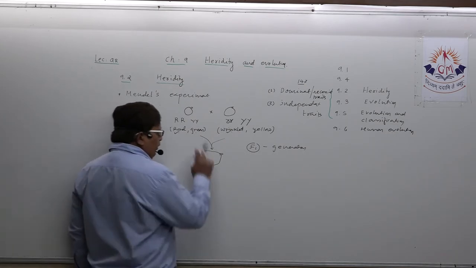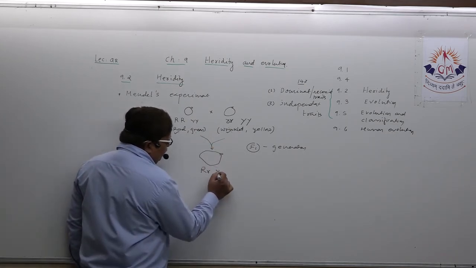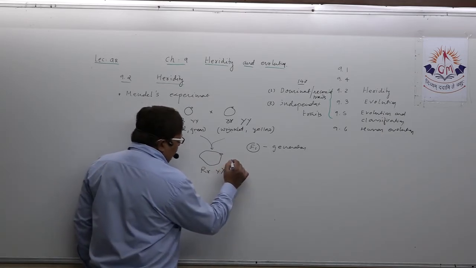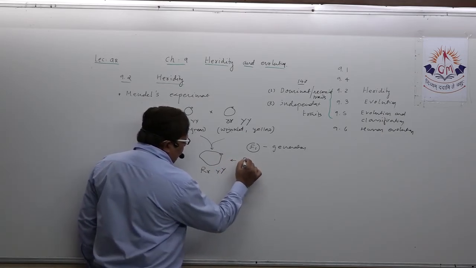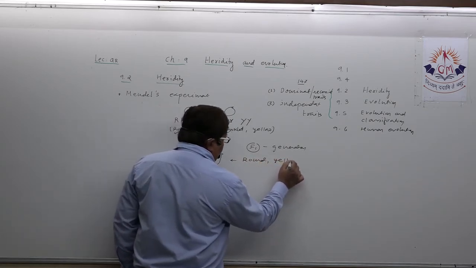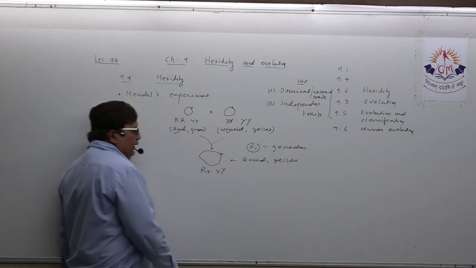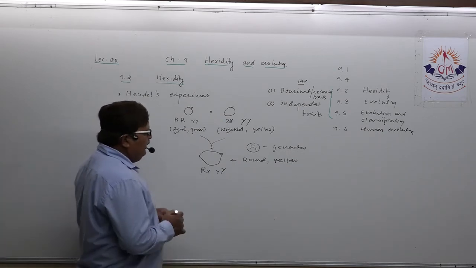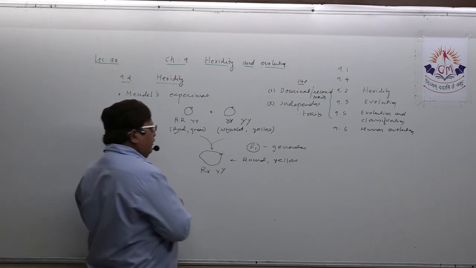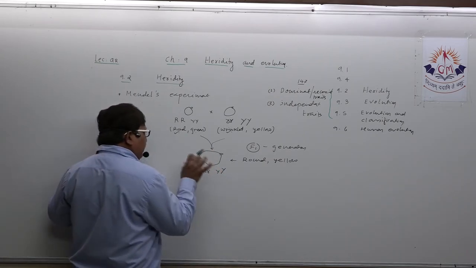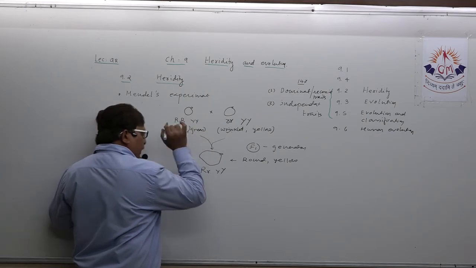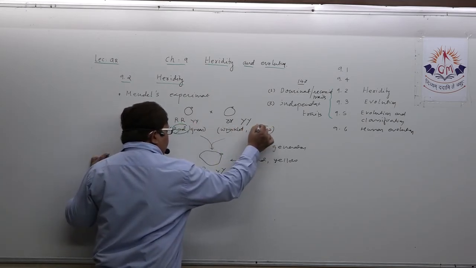Then here again you found small y, capital Y. So when you say that the first generation is of round and yellow seed, that simply confirms one very important thing, that in the first generation, remember this, dear student, round and yellow were